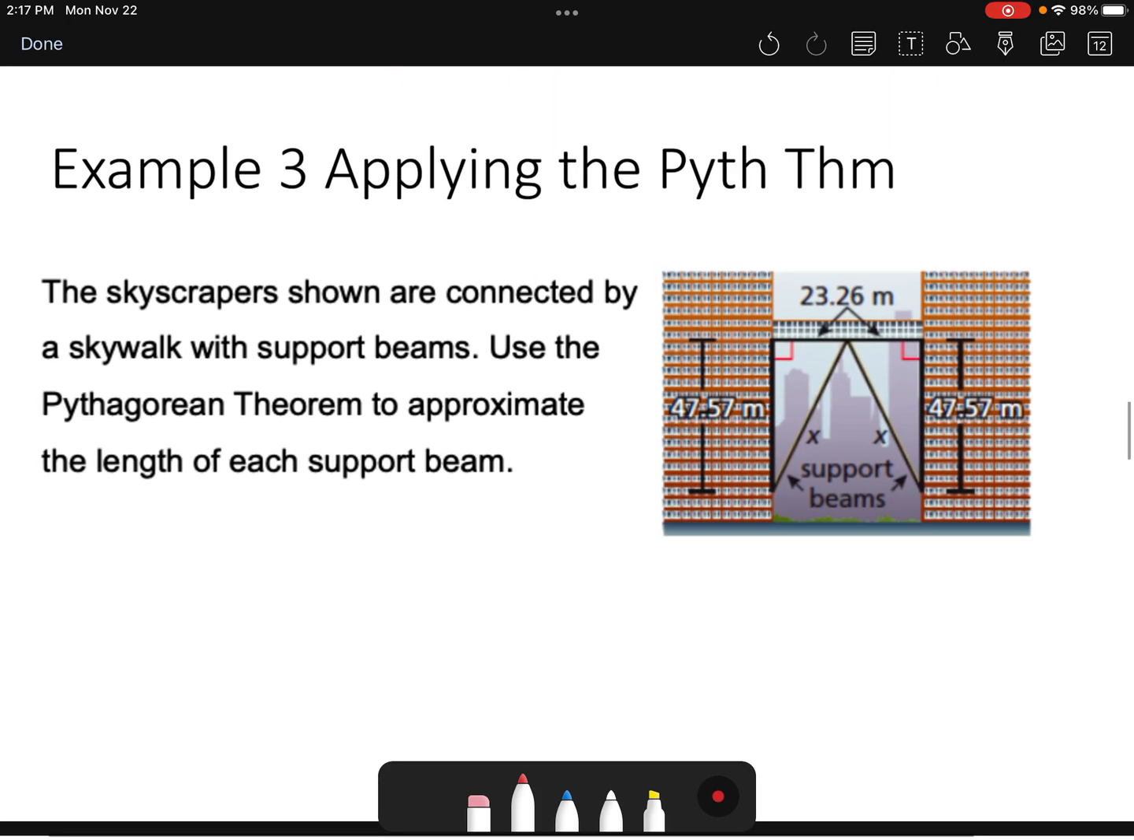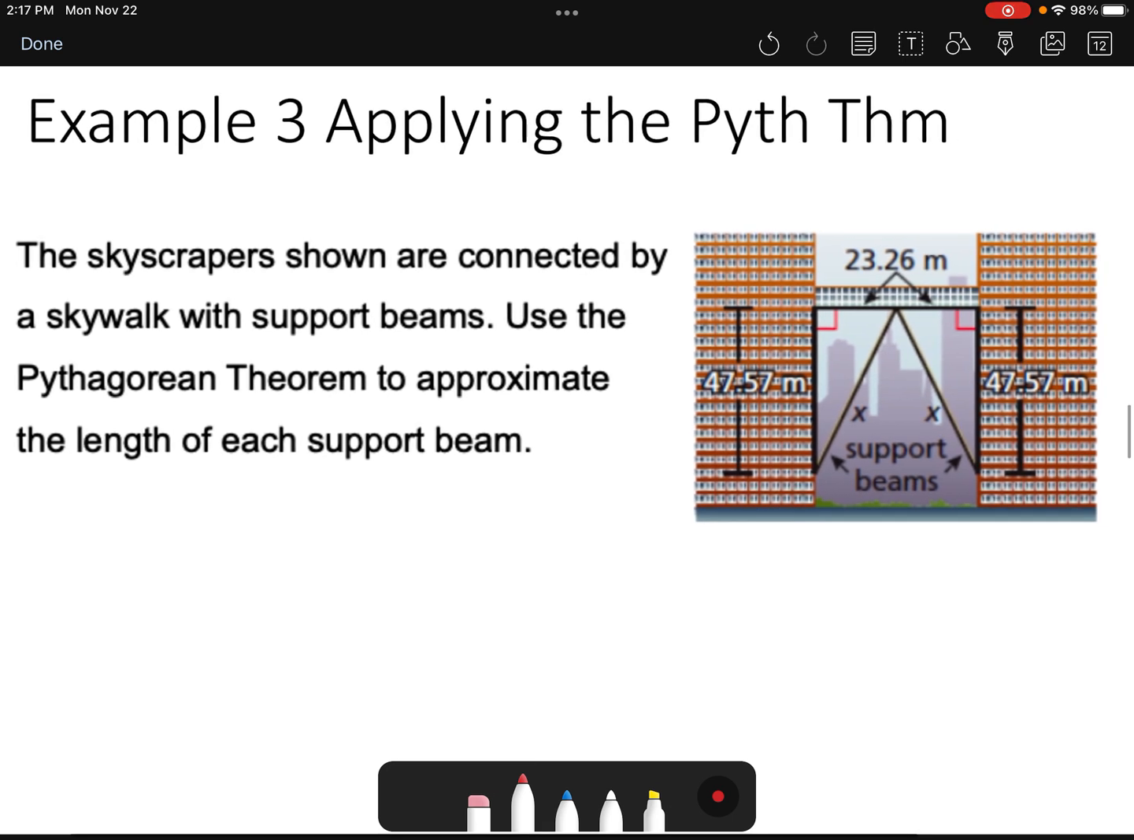Okay, now, there's many uses to the Pythagorean theorem, and here's one of them. We need support beams between these two buildings for this walkway. Well, the walkway span is 23.26 meters. That's quite a ways. And so we need to know how long these support beams will be. Well, what are those support beams? Legs or hypotenuse? It's the hypotenuse. So 47.57 squared